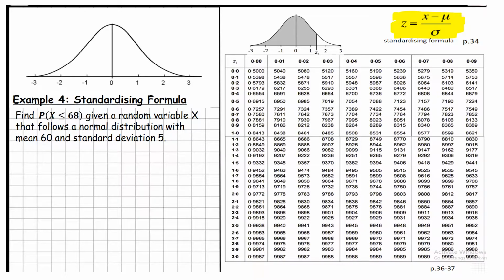That appears halfway down, and it is called the standardizing formula, but you do need to know this. Now, this is used to find a Z-score. So in the previous 3 examples, we've been given our Z-scores. Now we're going to look at an example where they haven't given us the Z-score. They've just given us a number that we then have to standardize, or put into basically how many standard deviations that number means. So remember, every normal curve is broken into plus 3 standard deviations and minus 3 standard